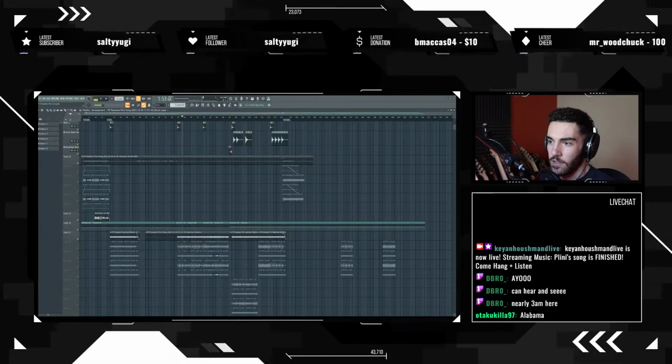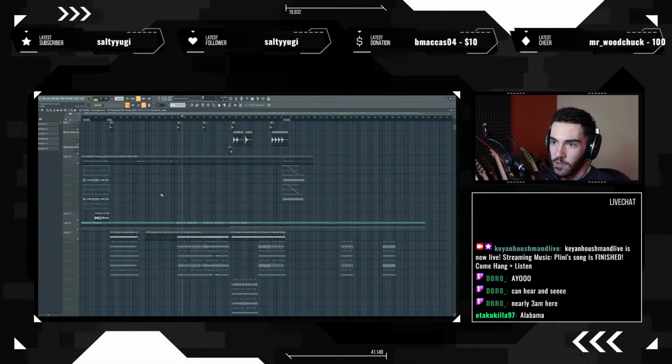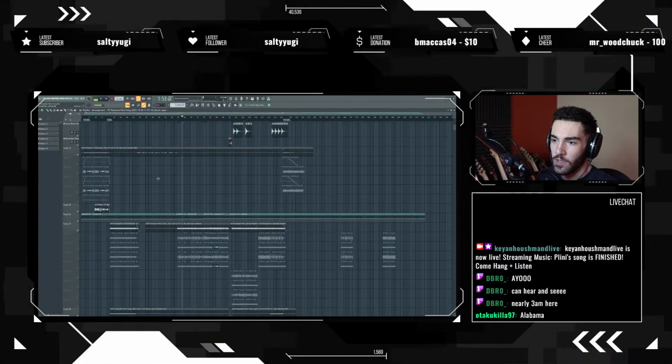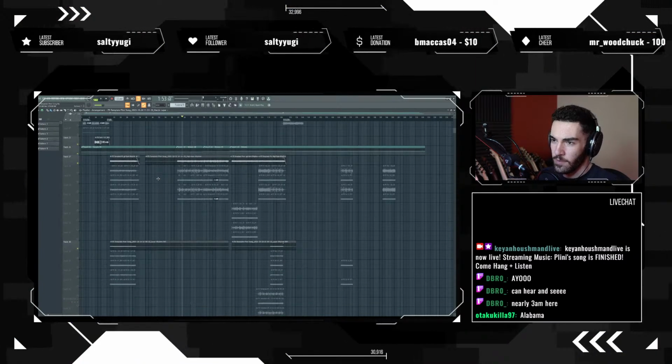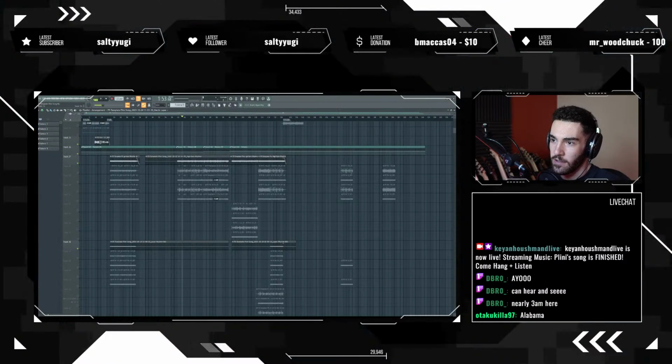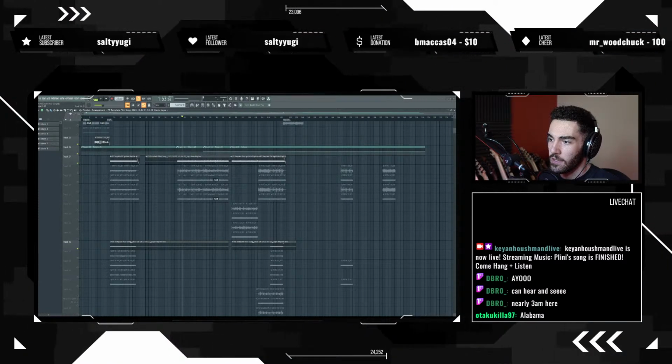So, again, the song's done. Well, at least I think so anyway. I added a couple of layers here and there, just so it felt a bit more lived in. I actually did it like not even 15 minutes ago. I quickly added some layers in.